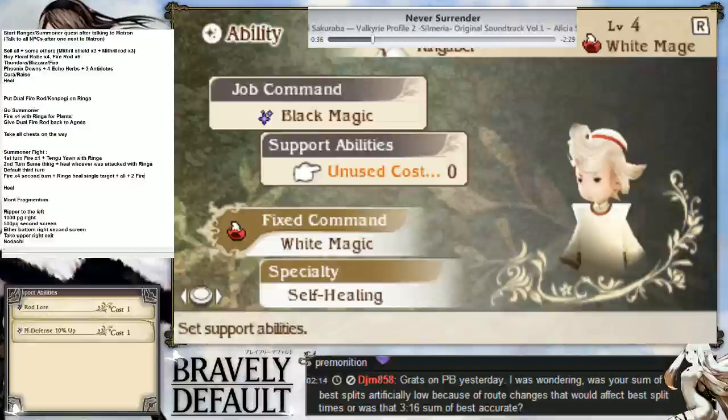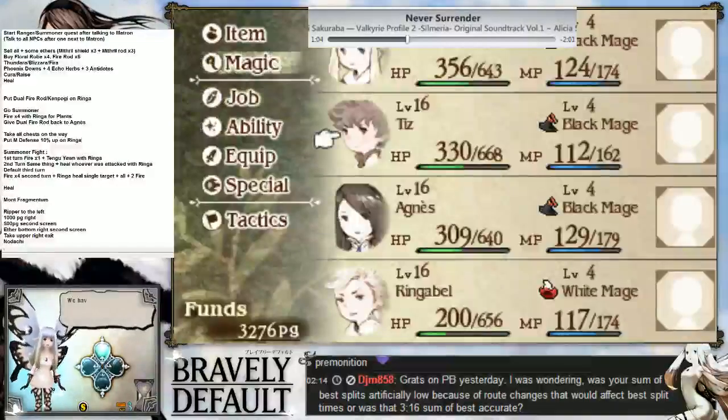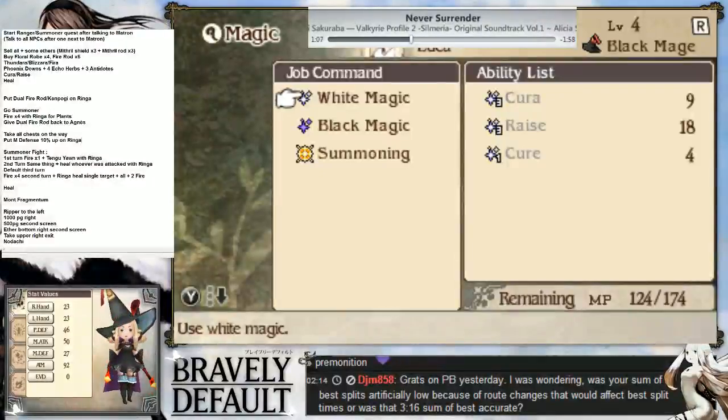Okay, wait. I'm gonna put this so go summoner, firing all plants, give take chance all the way. Put M defense 10% up on Ringo. That's cool. Yeah, it improved a free. It was free 30, free 13 now. So yeah, you put Summoner as a secondary for Miss Idea